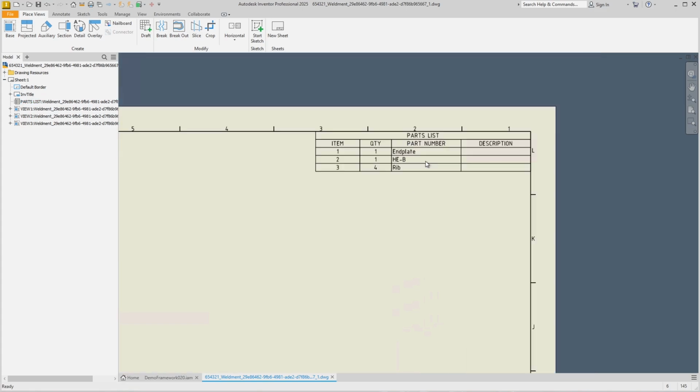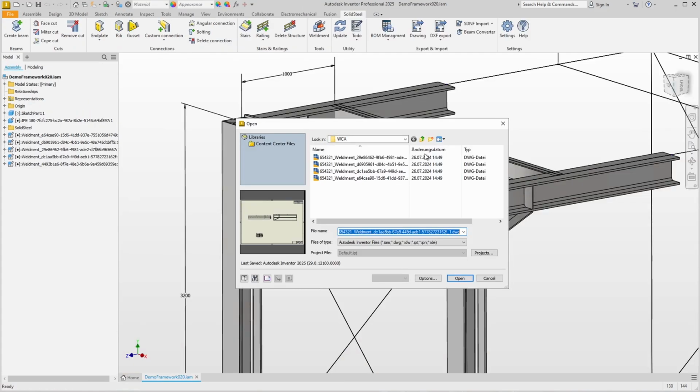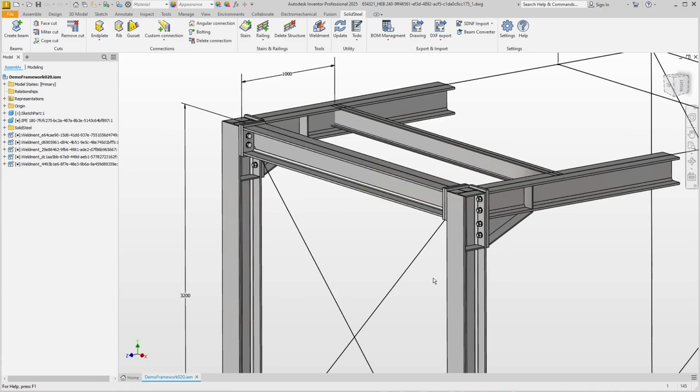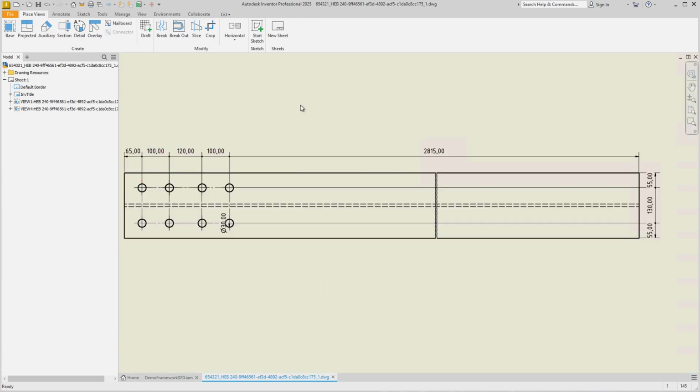The bill of materials is also available here, but now only with the components included in the welded assembly. Let's take a look at the individual part drawings, for example on a beam. The whole pattern is now also automatically dimensioned. The hole diameter information is not optimal and could be moved around a bit. But all in all, it should be clear by now that the drawing function can save you a lot of